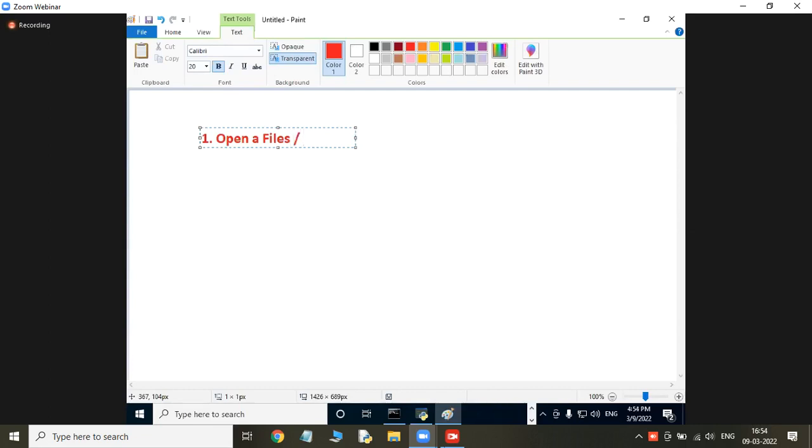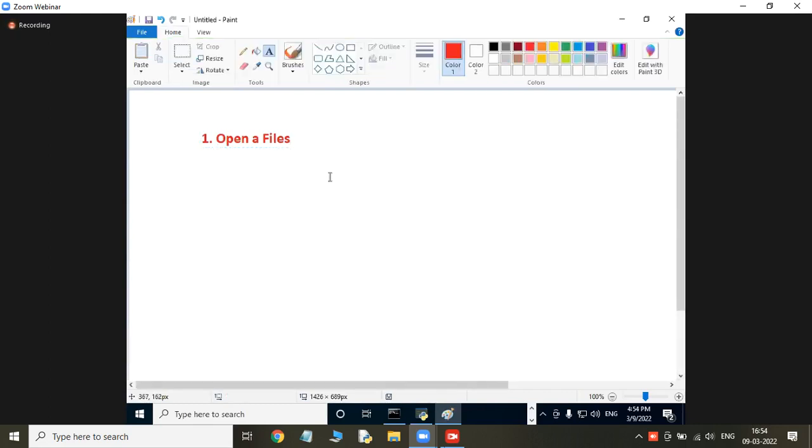Okay, students, I opened a file. When I am opening a file, why am I opening it? First of all, to read the data from the file. The file is containing what? Records are present. Right?